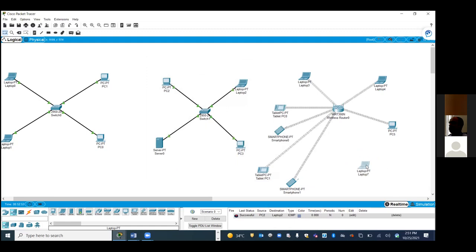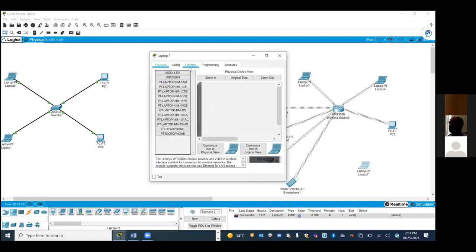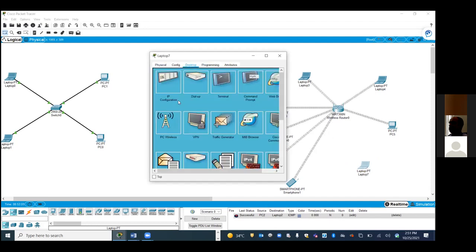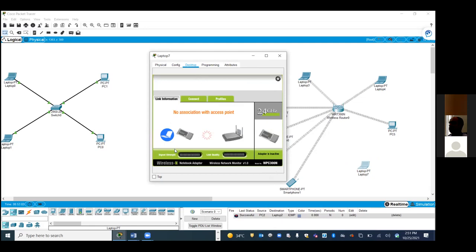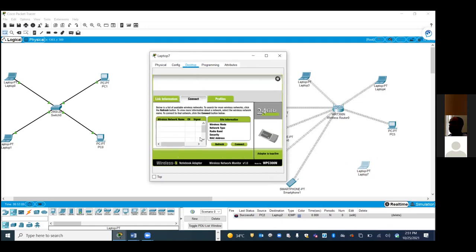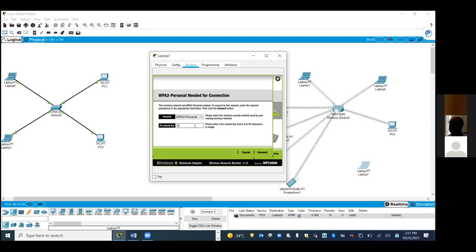Okay, how to connect? Connect. Refresh. One, two, three, four, five, six, seven, eight.